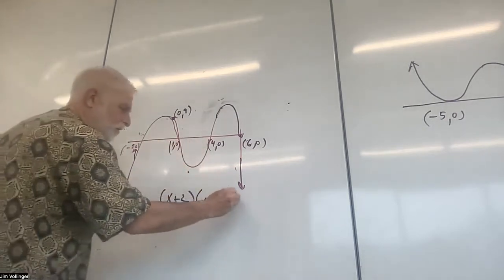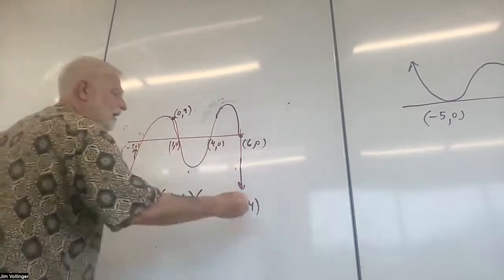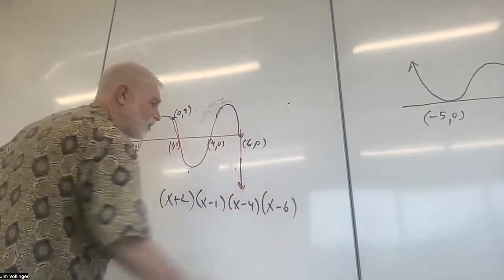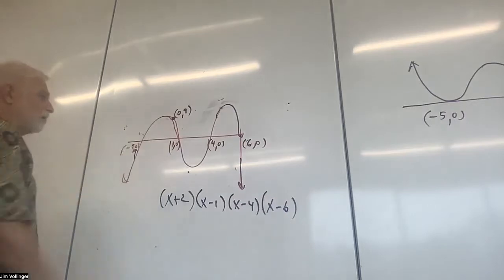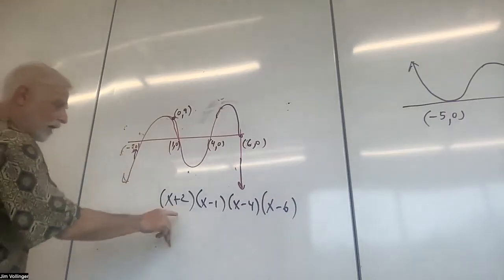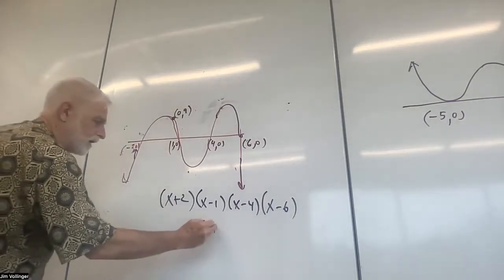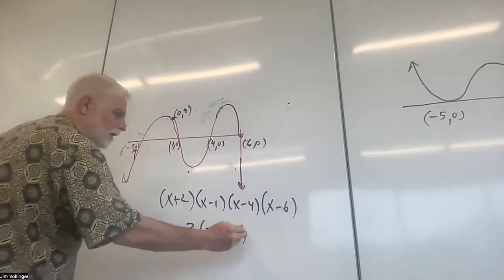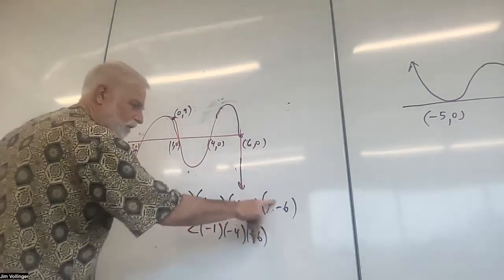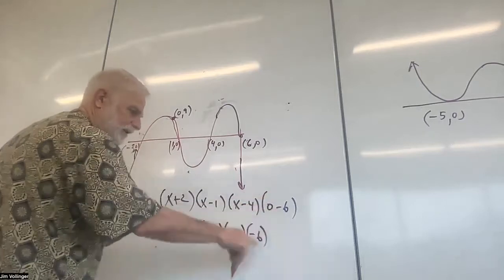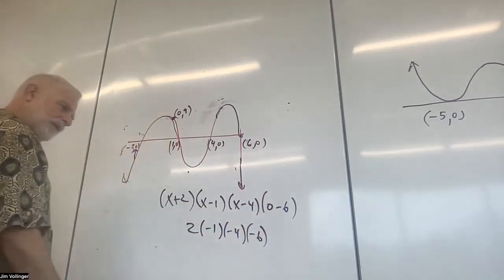I see another linear root. And I see another linear root. Of course, when I put 0 in, I want 9 this time. Right now I have 2 times -1 times -4 times -6, right? If I put a 0 in, right? 0 minus -6. That appears to be